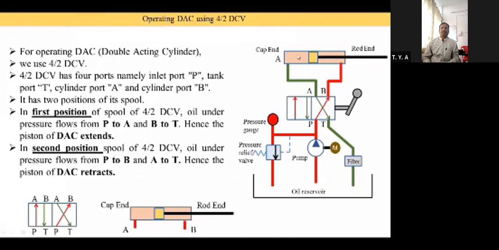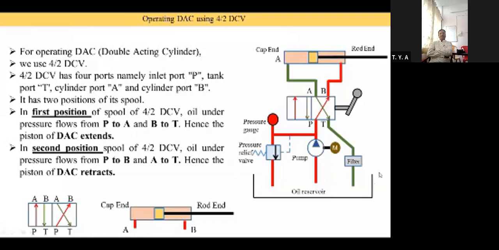Okay, so this oil is supplied in this line. Here you see the green line, which means it is a low pressure or return line. Then the oil comes to the A port. From the A port, it is connected with the tank port T. So oil from A comes to the T port, and from the T port it is again supplied to the oil reservoir tank.